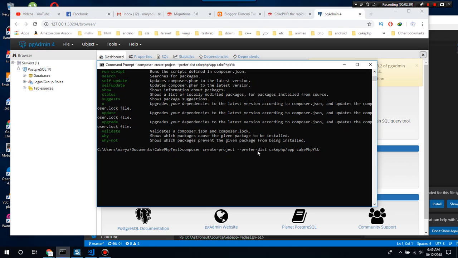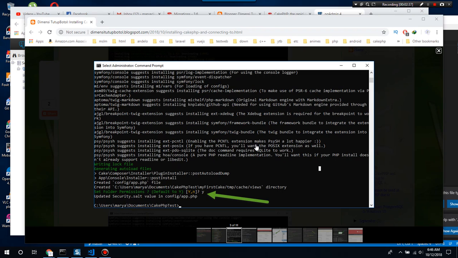Just wait for several minutes. It depends on your connection speed. After it finishes, you will be asked to set the folder permission. For example, the default is to do it, so just type Y and then hit enter. Then your installation is finished.